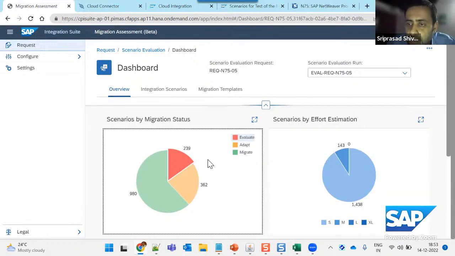But in the cloud integration, it's wide open, right? So you can use a lot of stuff which are available, and there are a lot of other options to model it, different ways of modeling it, and you can leverage those. Okay, so these are the three different statuses you'll be getting, and apart from that are some scenario by effort